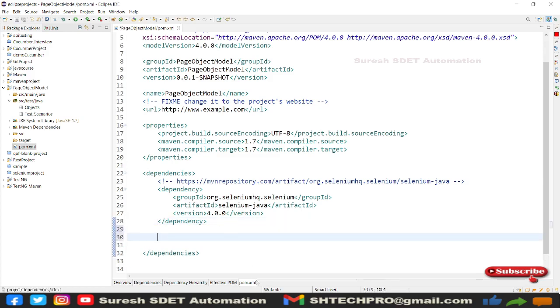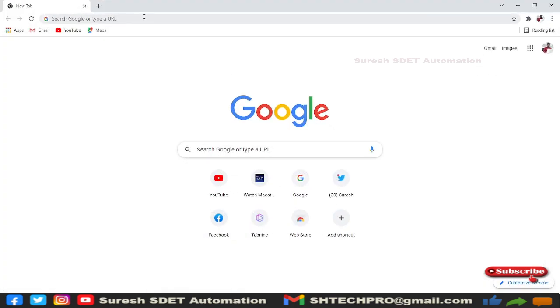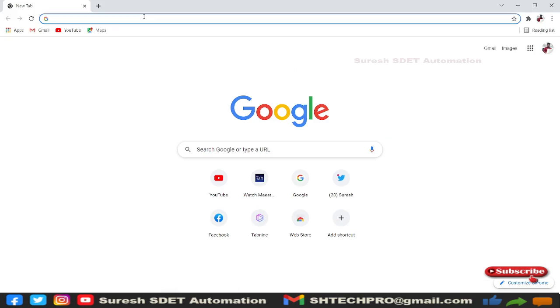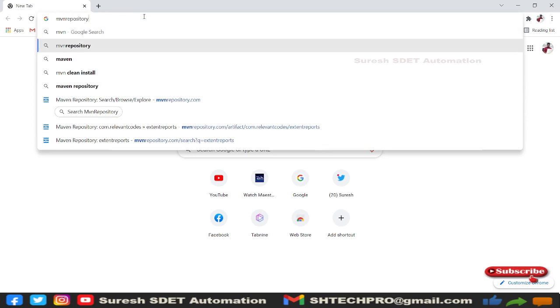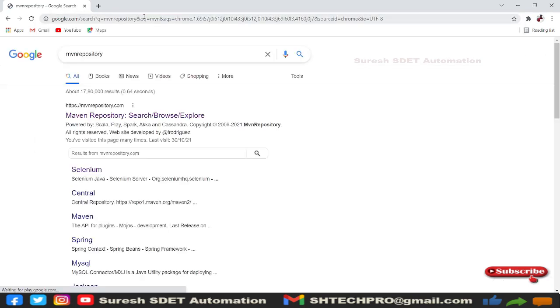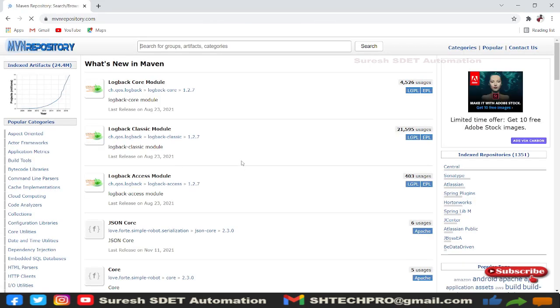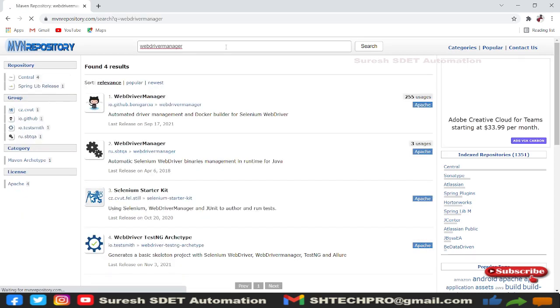To get the dependencies, we need to go to any browser, do a Google search and type mvn repository, and you will see the Maven repositories. As I am working with a Maven project, I need WebDriver Manager. What is the need for WebDriver Manager?